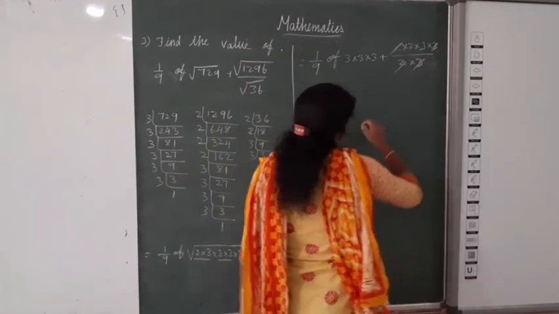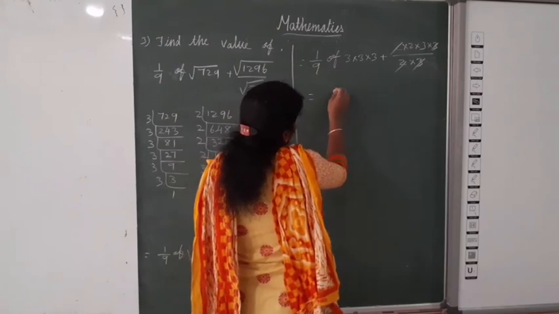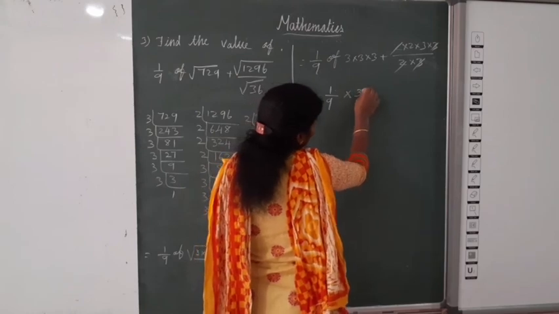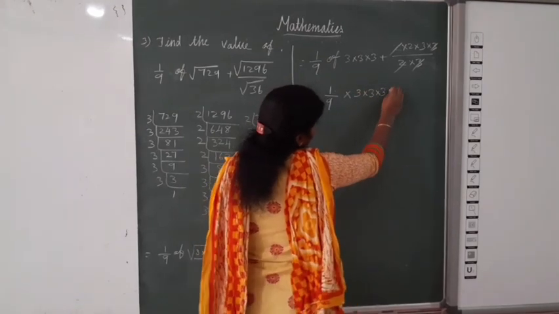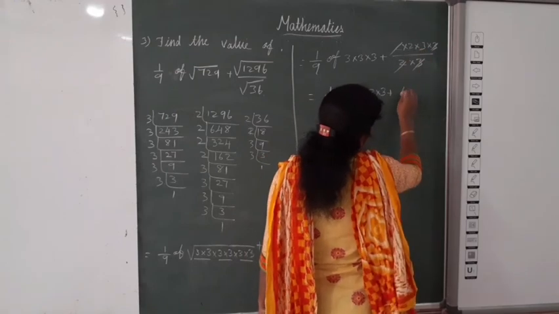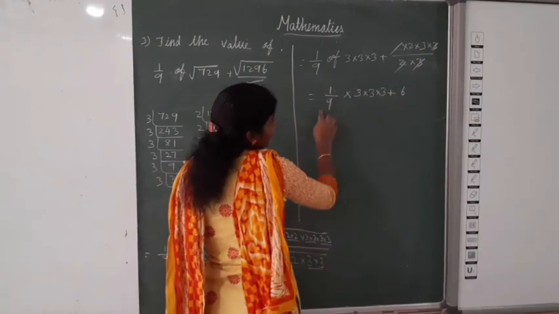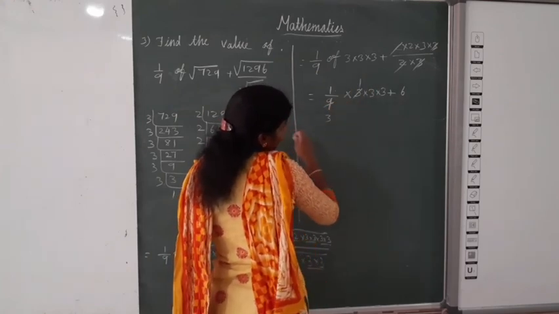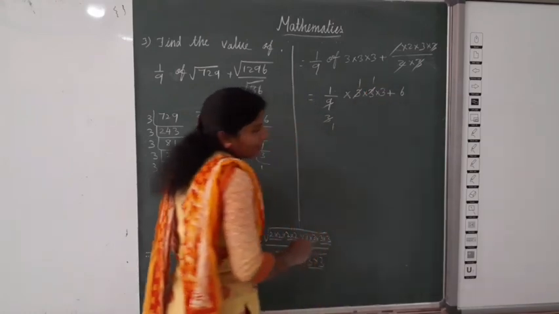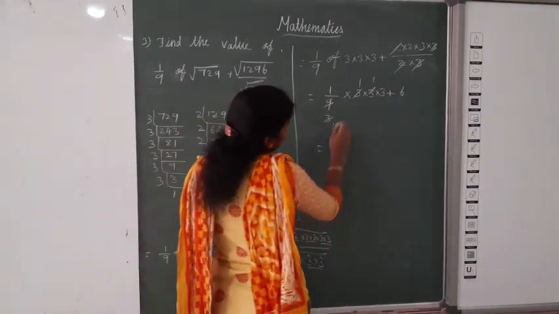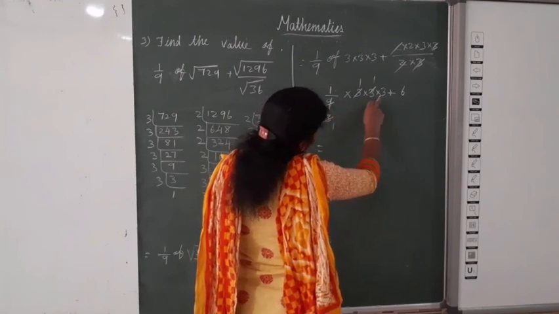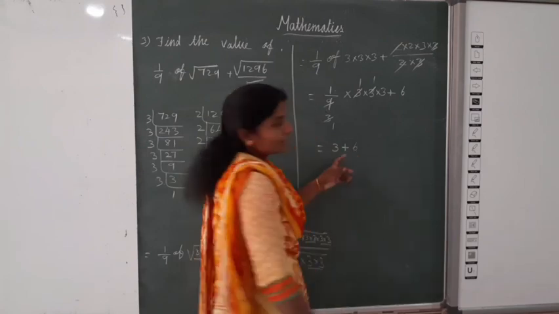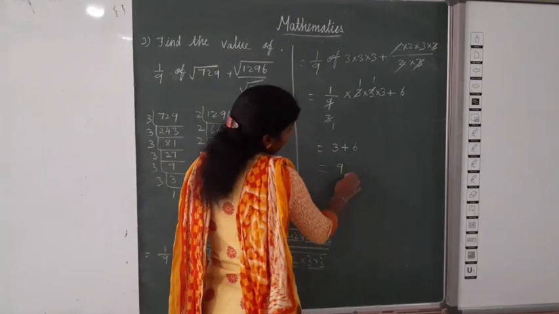3 is cancelled. Okay. Now here 1 by 9 of means we can write multiplication symbol. Then 3 into 3 into 3 plus 2 3s are 6, isn't it? 6. Now listen, here we can multiply. This is multiplication, so we can cancel it. This 2, 1 3 is 3, 3 3s are 9. Again 1 3 is 3, 1 3 is 3. Okay, so here what are the numbers here? 3, isn't it? 3 plus 6. So this answer is 9.